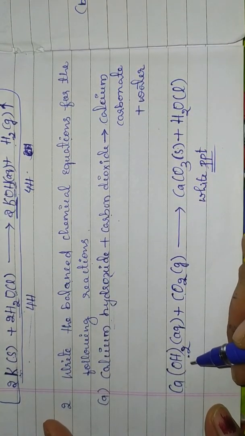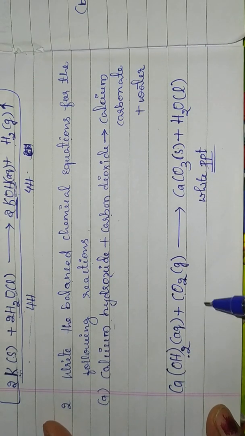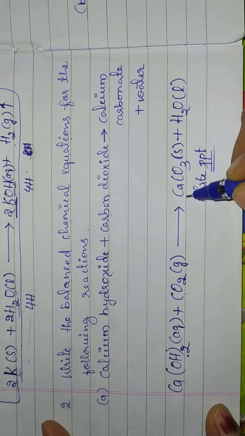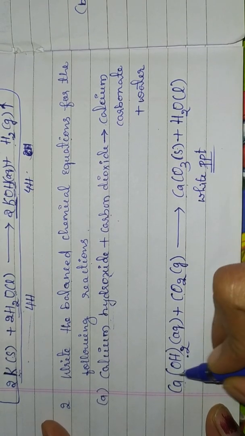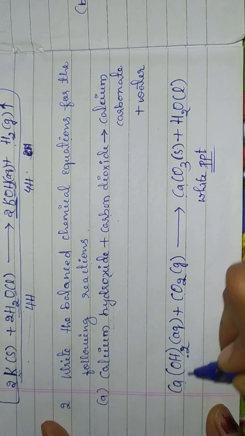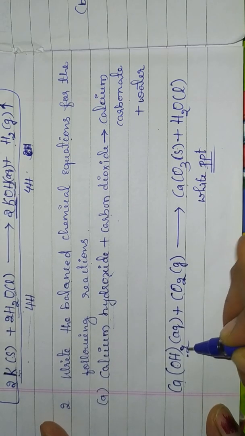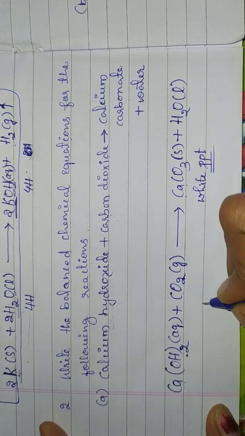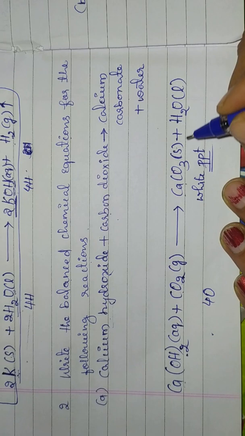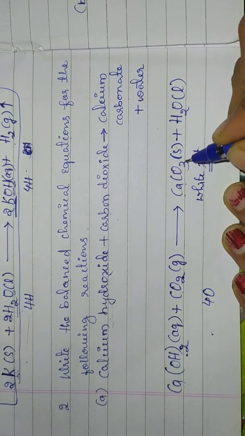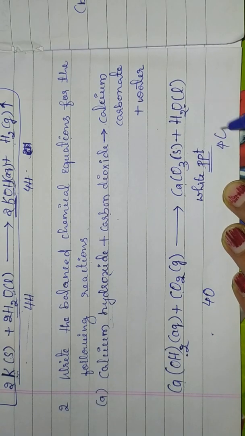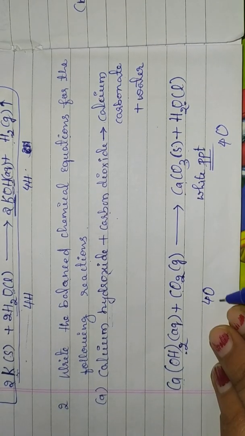Now we have to balance this chemical equation. Now see, we will start with this compound. 1 calcium, here also 1 calcium. Here 2 oxygen. Okay, this is whole 2. Therefore 2 oxygen, and here also 2 oxygen. Total 4 oxygen on the reactant side. Here you count on the product side, 3 oxygens. Here 1 oxygen. So 3 plus 1, 4 oxygen atoms are there. So already they are balanced.